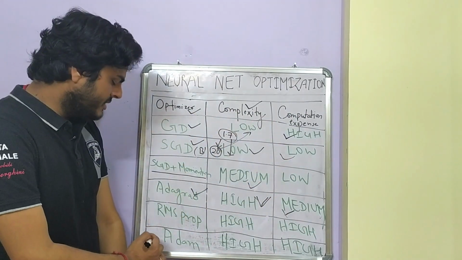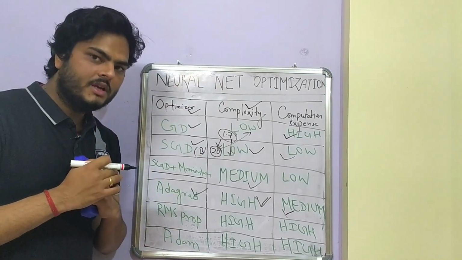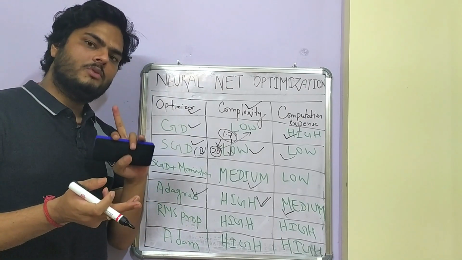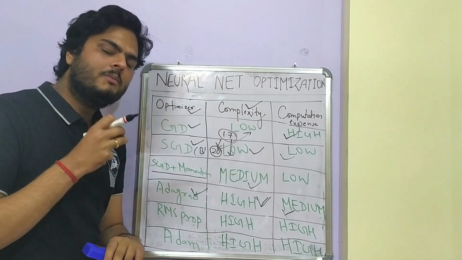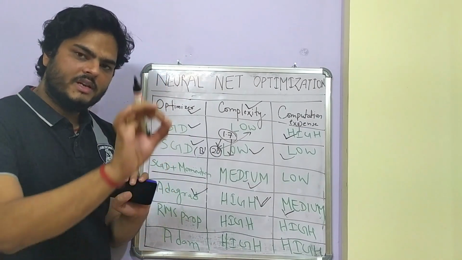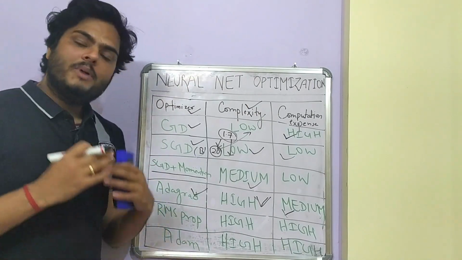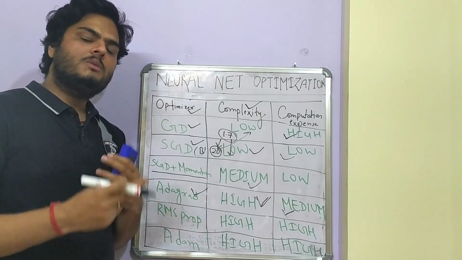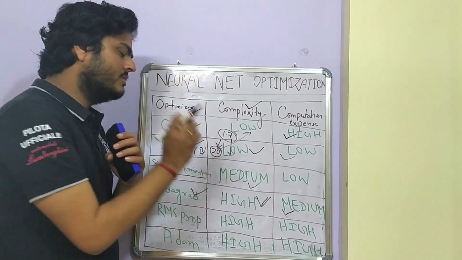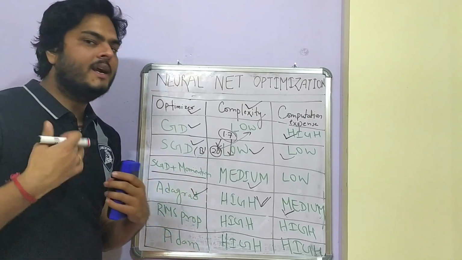So Adam is computationally very expensive, but performance wise it's very good. Adam takes care of your convergence, your learning decay problem, and the smoothing of your gradient weights. But the RAM needed, or the memory or time needed to optimize, let's say 20 records, will be low if you use these other algorithms, and will be high if you use Adam.